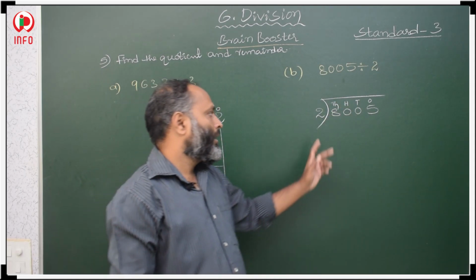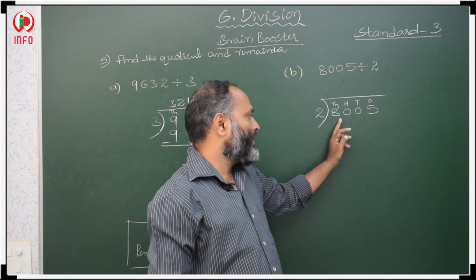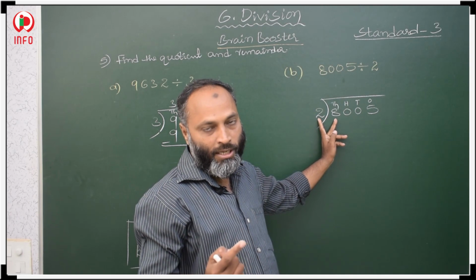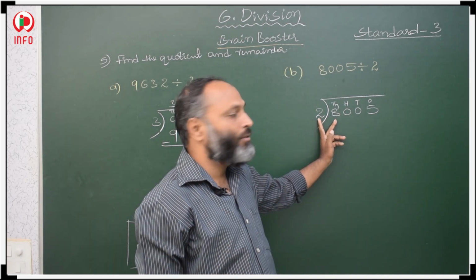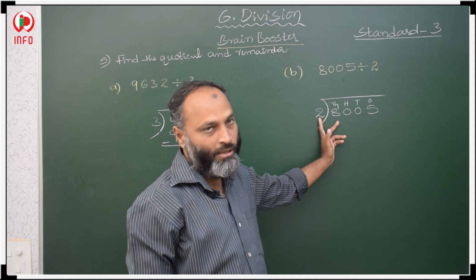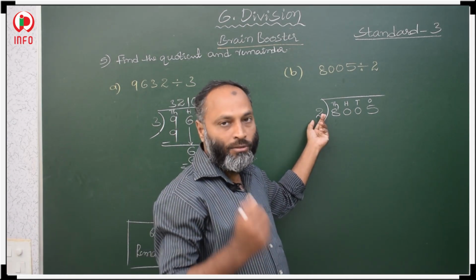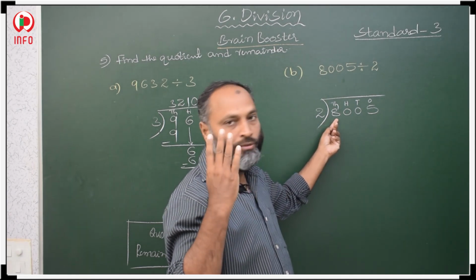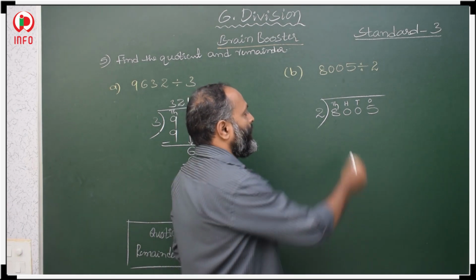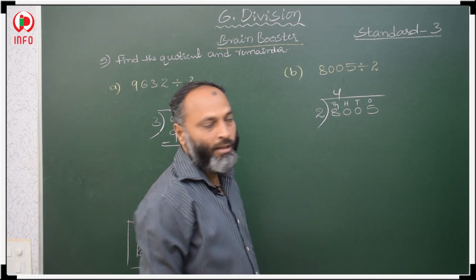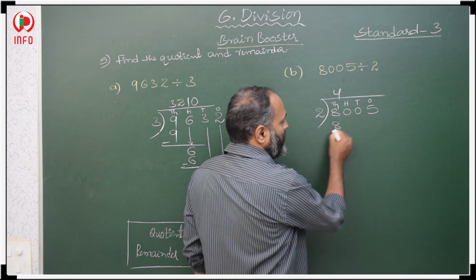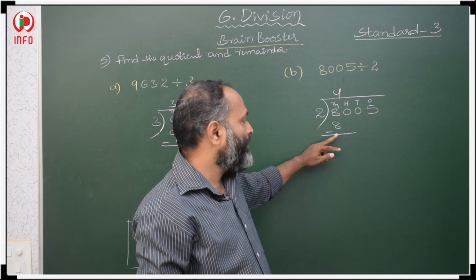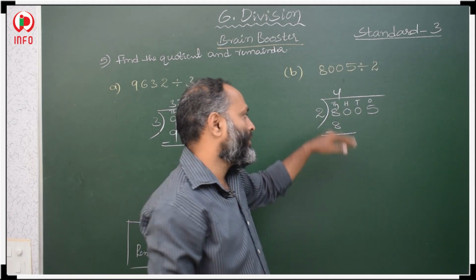Now, we have to take the 8's place. So, we have to divide this 8 by 2. In the 2 table we have to check when you will get 8. So check in the 2 table. 2 1s are 2, 2 2s are 4, 2 3s are 6, 2 4s are 8. Then in the quotient we have to take 4, and 2 4s are 8 here. Then minus. Same number minus same number is 0. If the difference is 0, then go to the next place.